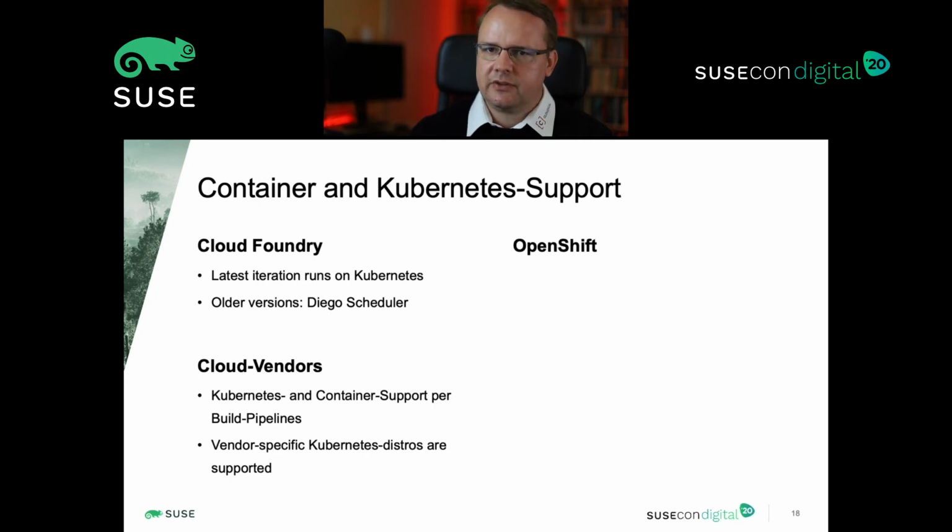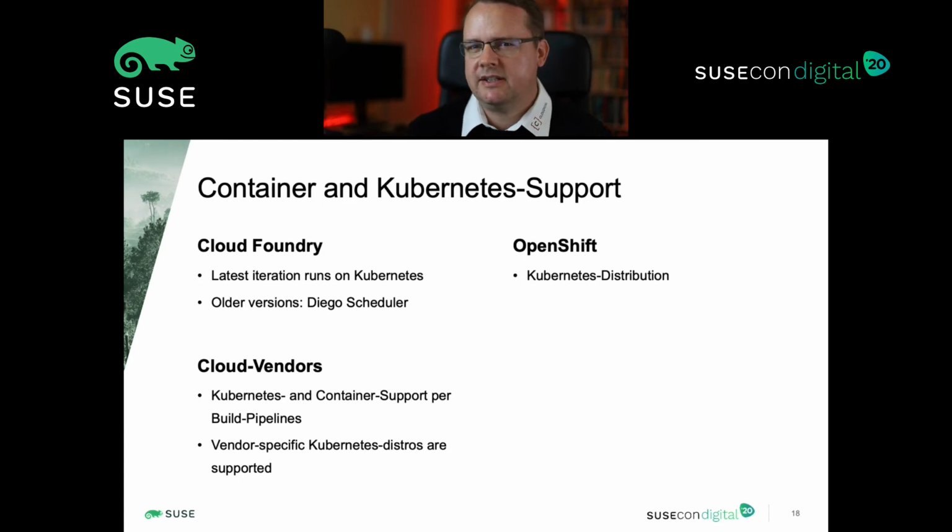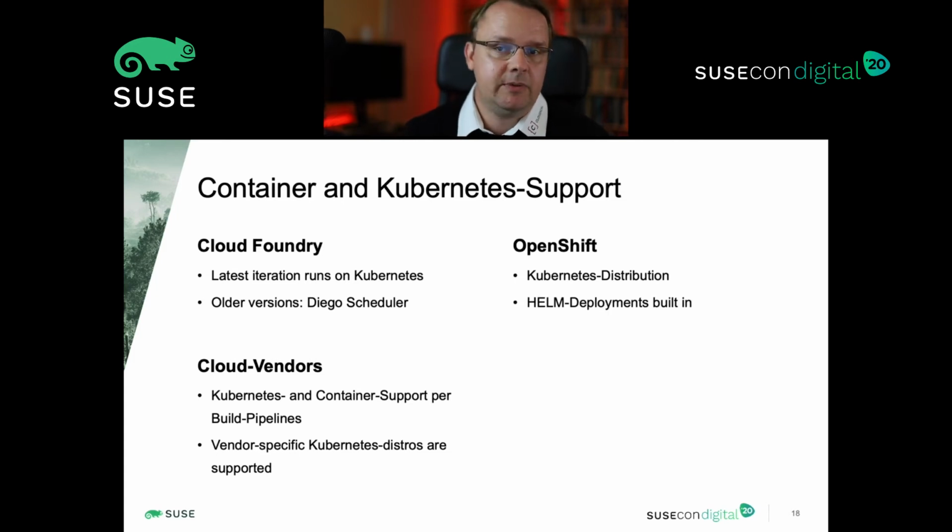Red Hat's OpenShift, on the other hand, is a Kubernetes distribution. And that is very important because that adds a lot of value to the proposal. Since OpenShift is Kubernetes, it has all the advantages of Kubernetes built in. It provides us with Helm deployment. So if we are able to use the Helm package manager as a source of application deployment, that allows us to get rid of many of the complexities related to application deployments with Kubernetes.